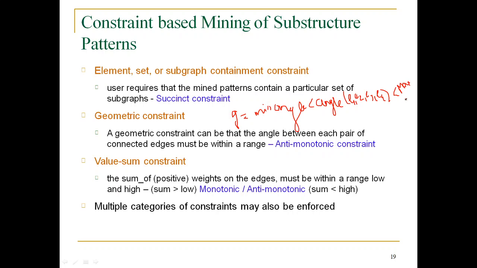Now this is the constraint that is being put, and if it satisfies this constraint, we can say this is an anti-monotonic